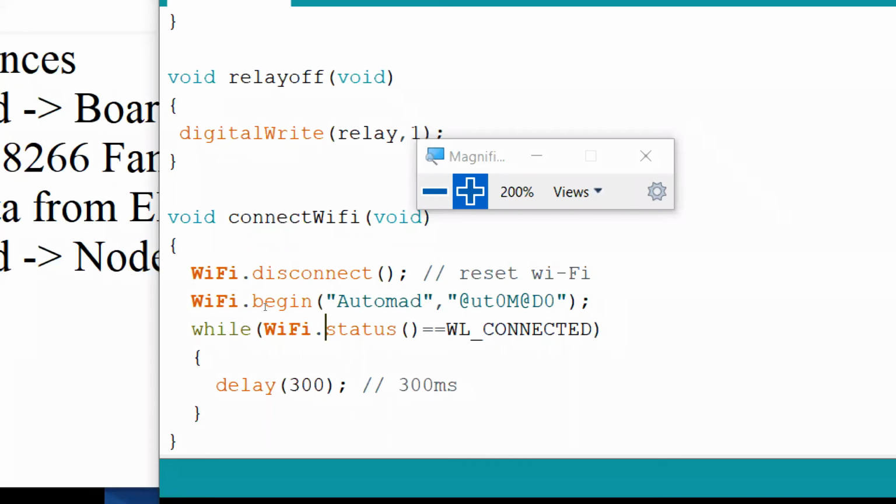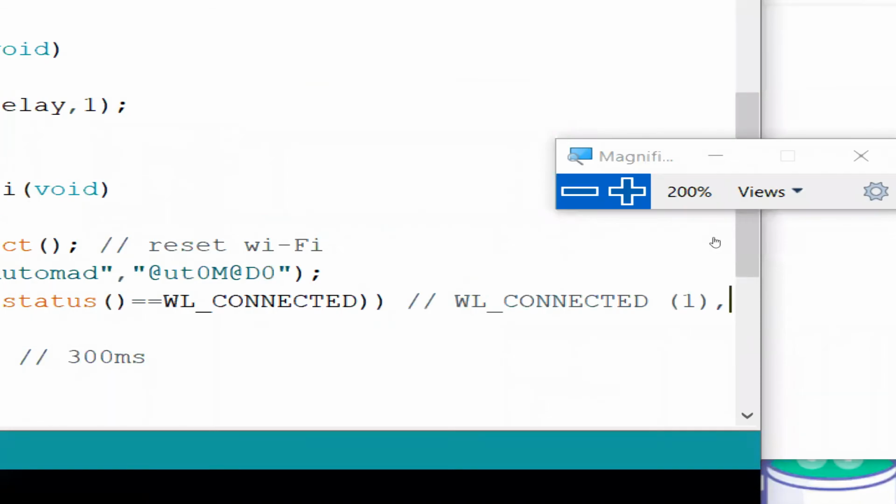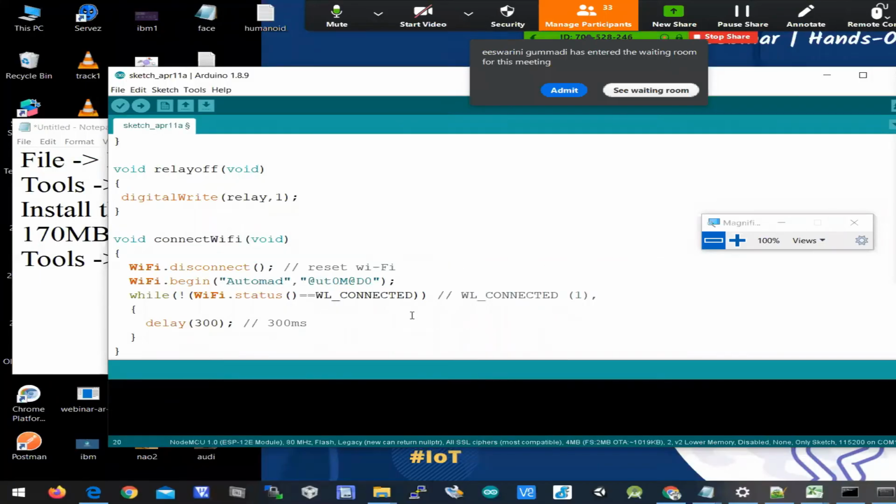If the Wi-Fi is connected, this will return WL_CONNECTED. If not, you'll get wireless not connected. So we'll put a not logic here, because we have to wait until connected. WL_CONNECTED has a value of 1, and wireless not connected has a value of 0.